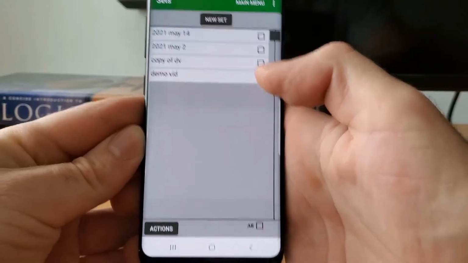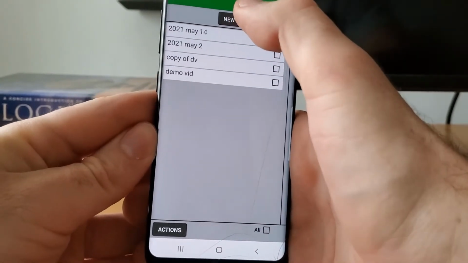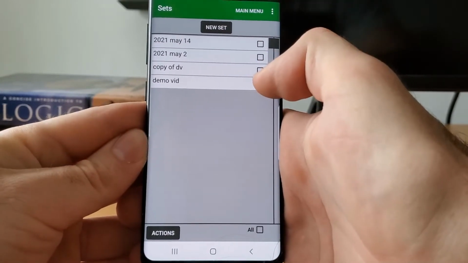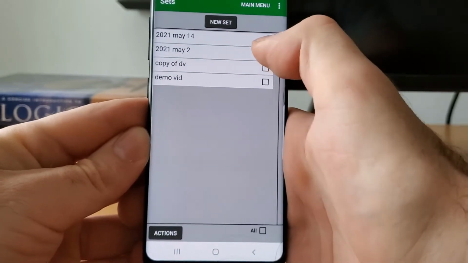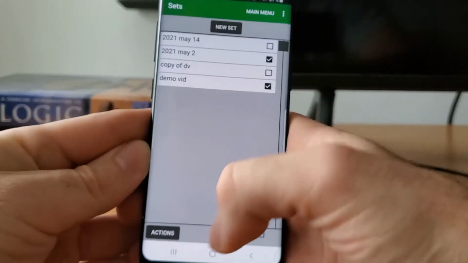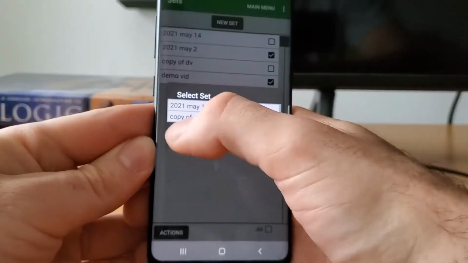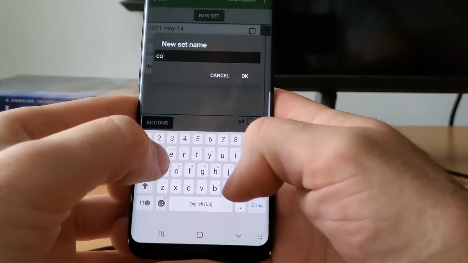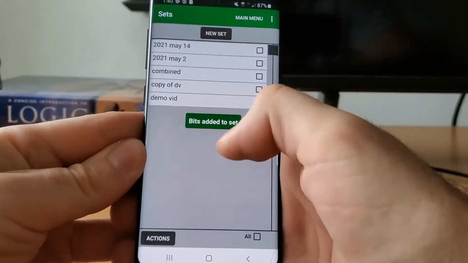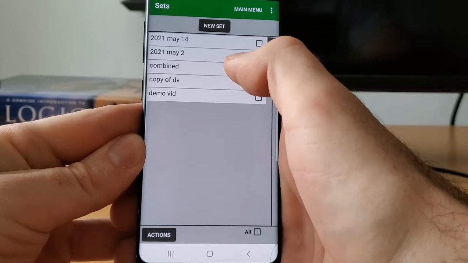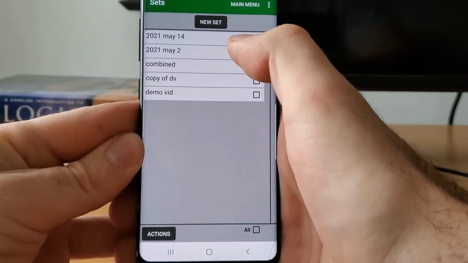Instead of just copying one set, you can actually combine sets also. So let's say I want to make a new set that combines DemoVid with this other one. I could select both of those and then go to Actions, Add to another set, make the new set. So now that combined set will have the bits from this set and the